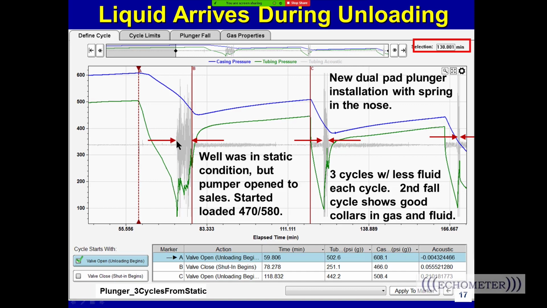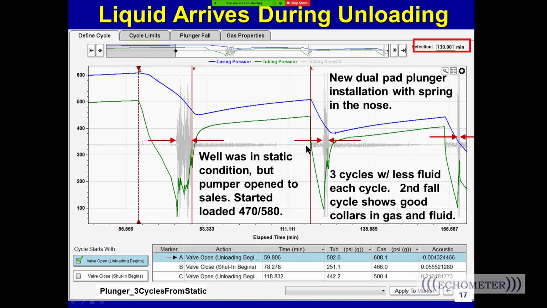And there's a lot of time goes by here, a lot of liquid's being brought to the surface, and then right there the plunger arrives, and immediately we shut the well in because we're just trying to swab that liquid out and drop the plunger. And so here's the plunger falling back through the gas, here's falling through the liquid, and then right up there